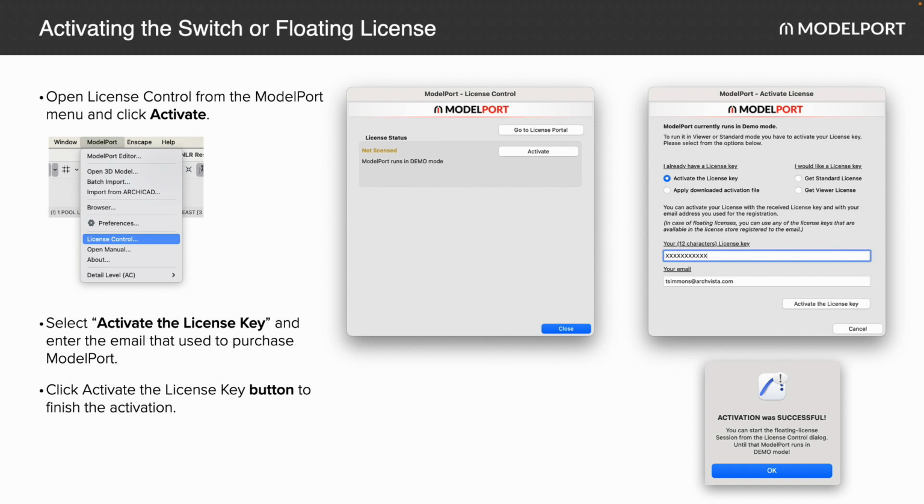In the middle left, you're going to enter in your key there toward the bottom. You're going to enter in your email, the one associated with it, that you'll get an email from, obviously, when you purchase it, and click Activate License Key. Now your activation is successful, and you're ready to go. Now you will see at the bottom there that says you can start the floating license session, or if it's a switch license, that, okay? And you will then have an OK button that you need to click, and then it will take you to